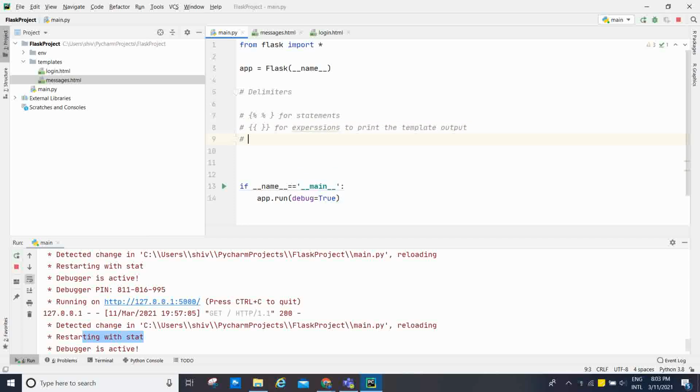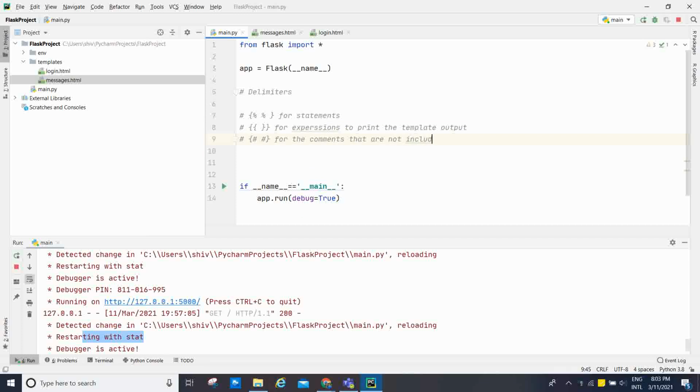The third one is for comments that are not included in the template output.